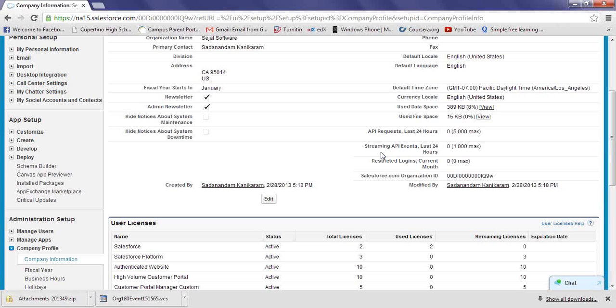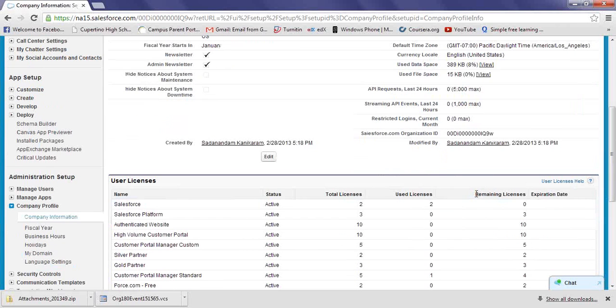If you don't deactivate it as an administrator, or don't inform your manager asking whether to deactivate it, you will still think 9 licenses are in use. But if you deactivate a license, then that license will be available, or it will show as remaining licenses here. The moment you deactivate the user, you can consider there are 2 licenses rather than 1. So as an administrator, you should keep watching whether somebody is leaving the company.